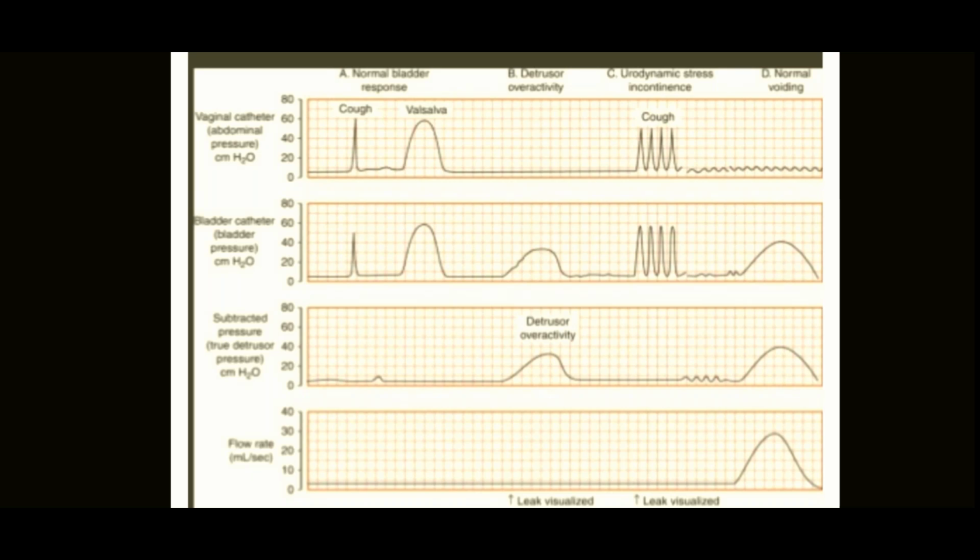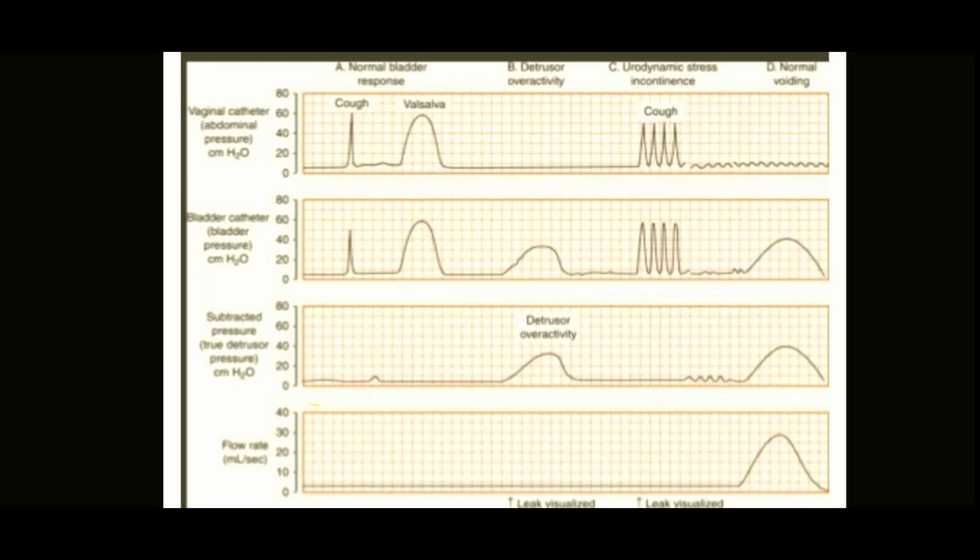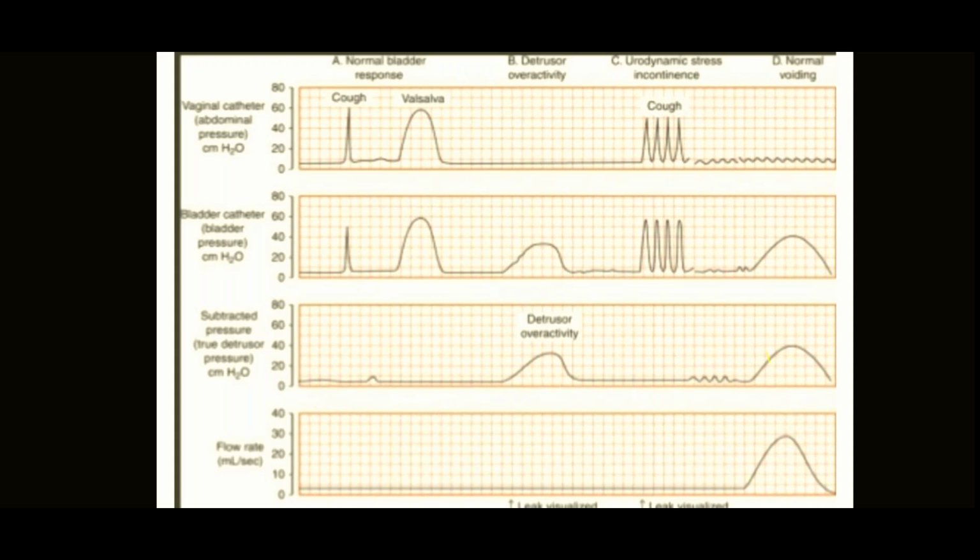And the last one is a normal voiding cystogram, wherein you will find that there is no change in the abdominal pressure. Otherwise, there is an increase in the bladder pressure during the voiding, of course, because the patient is voiding, and there is an increase in the detrusor pressure during the voiding. So during the voiding, there has to be an increase in the normal detrusor pressure, and we have seen that it should be less than 70, and the flow rate